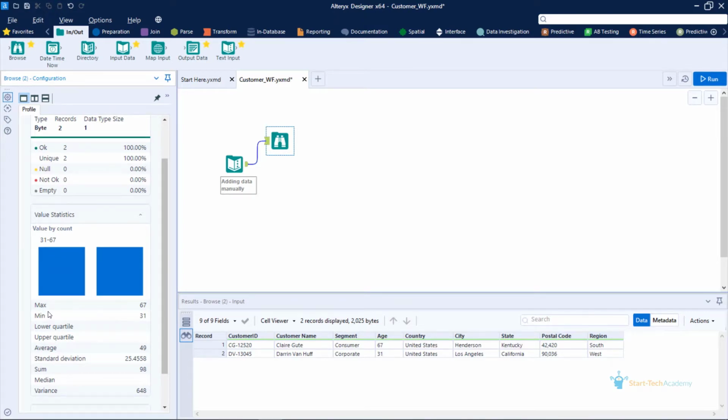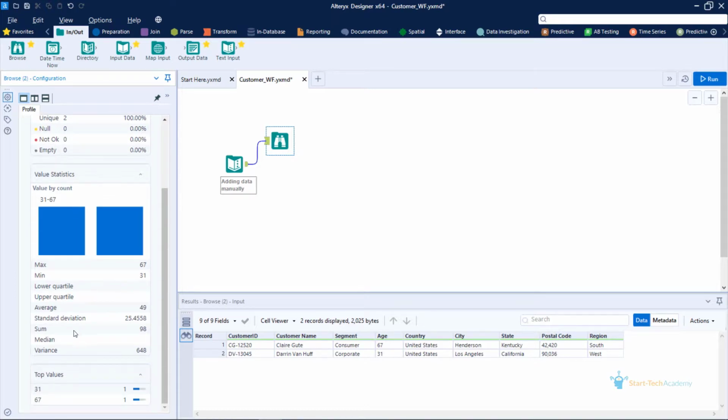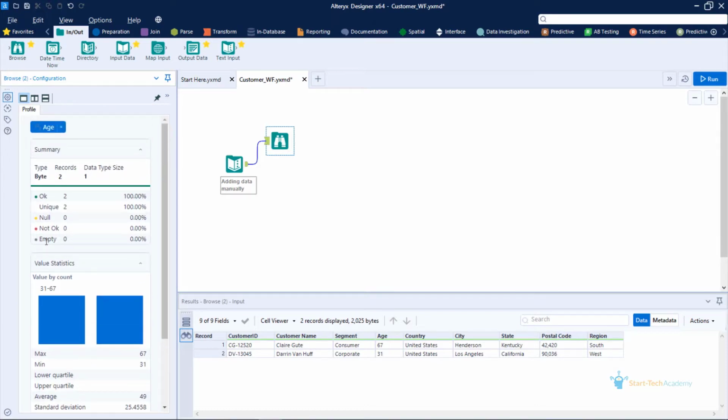For example, here you can see the maximum value of age, the minimum value of age, the average of these two, the percentile values, sums, variances, etc. You can also notice that here, if there is any empty cell or a null value, even those will be reported in a simple tabular format. So you do not need to add additional steps to see the description of the data. The browse step does that for you once you run the workflow.